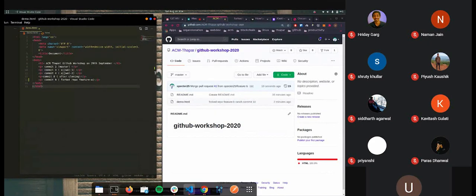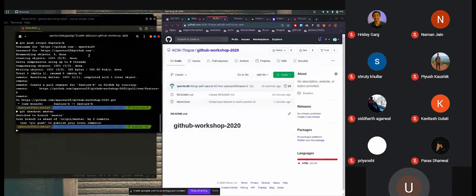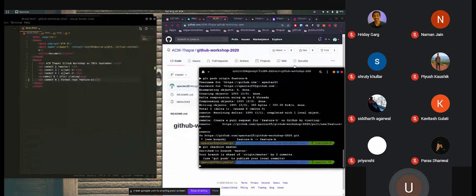I won't have this. See, now I don't have the commit 10 that I made because that code is on the feature B branch locally and that code is on the master branch of the main GitHub workshop repo 2020.